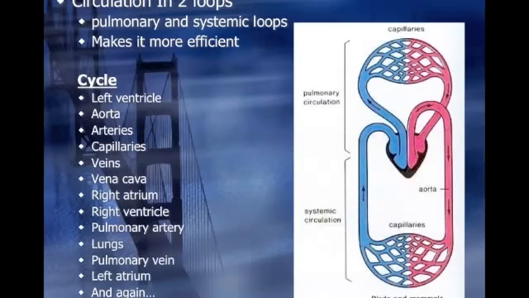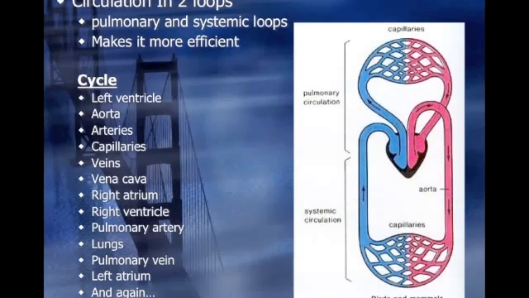We also have a two-loop system, which are the pulmonary and systemic, same as the amphibians and reptiles, but because there's no mixing of the blood with the two ventricles, it makes it a lot more efficient. So it goes in a cycle, and again, with a cycle, you can actually start anywhere, but if you start in the left ventricle, the left always goes out towards your body. So it goes from the left ventricle through the aorta, which is your main artery, to your other arteries, so